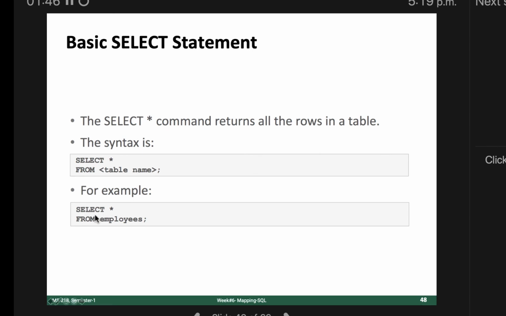So a very basic example is select star from employees. It will bring all data from the employees table from the DBMS. Now you can simply create a PDF report and generate information about all your employees. So a very basic, very simple query, right? Very easy one, select star from employees. And obviously with the passage of time, it would be easier for you. First time you have to learn basic syntax, but SQL is very, very easy.